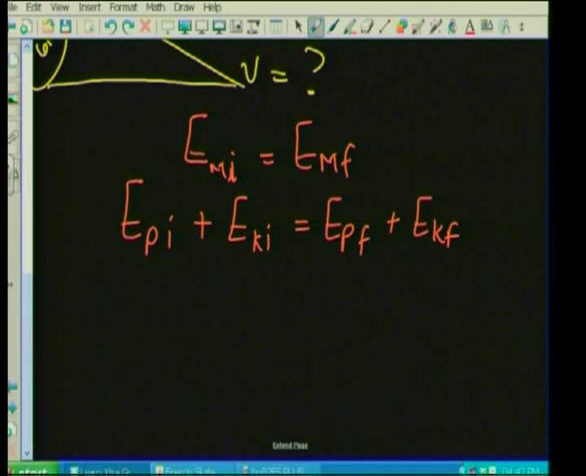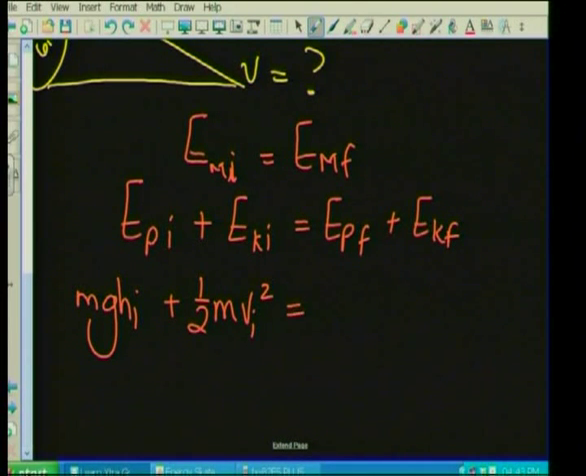And yes, we're doing the same thing over and over again. And we're okay with that. Remember, grade 10s, practice makes perfect. When it comes to mechanics and physics, I cannot tell you enough how important it is to practice, practice, practice. So, potential energy is mgh, that's my initial height, plus my initial kinetic, half m v squared,